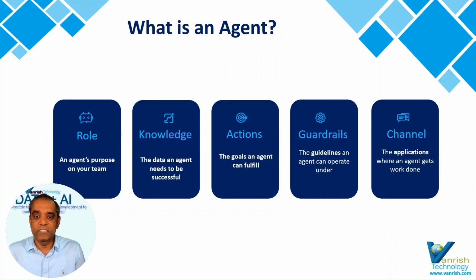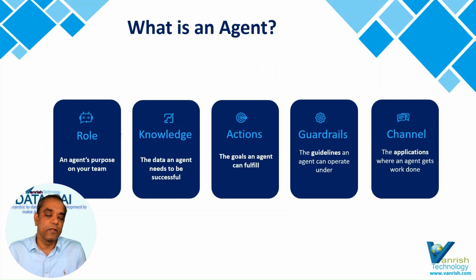So let's jump onto the AI agent. Basically, agent versus AI agent. First you have to understand what an agent is. These are a couple of points that need to be there with an AI agent. First, it has to have a role, and basically any agent has a purpose. Suppose you are working on a sales agent or a service agent. It has a certain role that can get done through this AI agent.